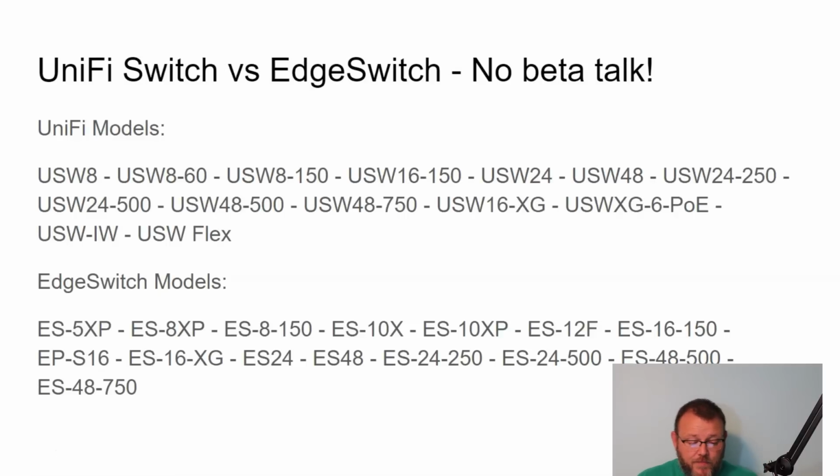All right, so now let's talk about the switching side. And remember, we are not talking about beta products. So in the UniFi side, we've got the Switch 8, the Switch 8 60 watt, the 8-port 150 watt, the 16-port 150 watt, 24-port and 48-port non-PoE. You've got the 24-port 250 watt, 24-port 500 watt, the 48-port 500 watt, 48-port 750 watt. You've got the 16-port 10 gig switch. You've got the BT switch. So that's the US Switch XG6 PoE. You've got the